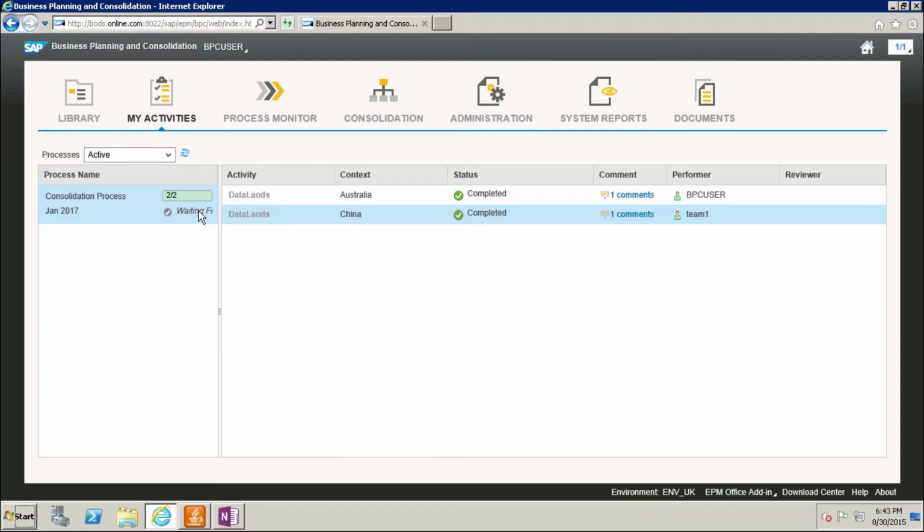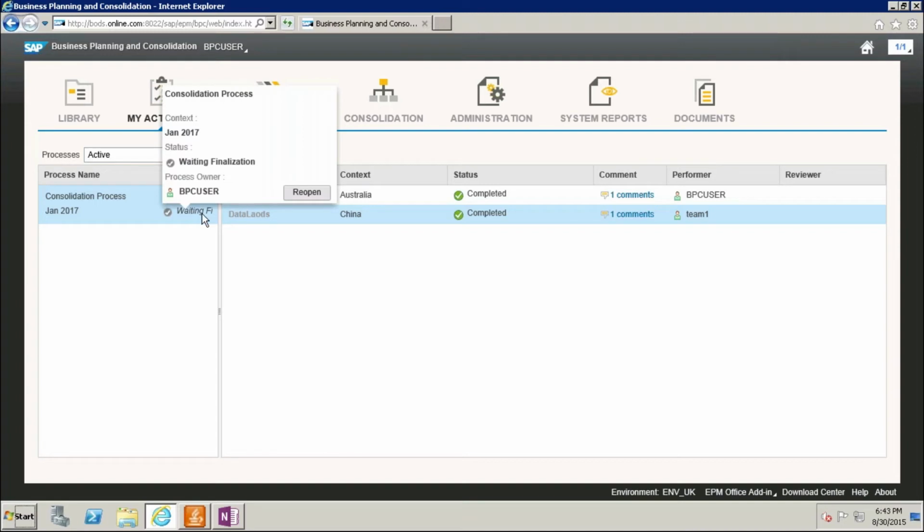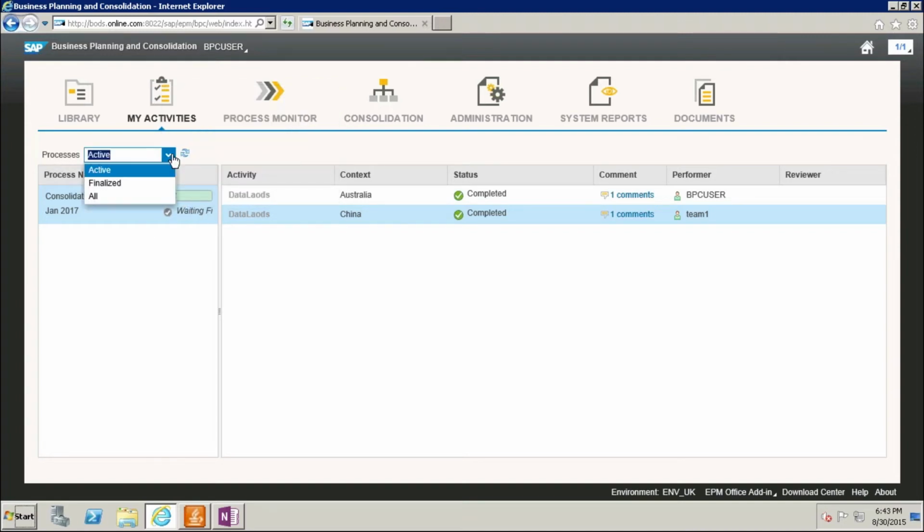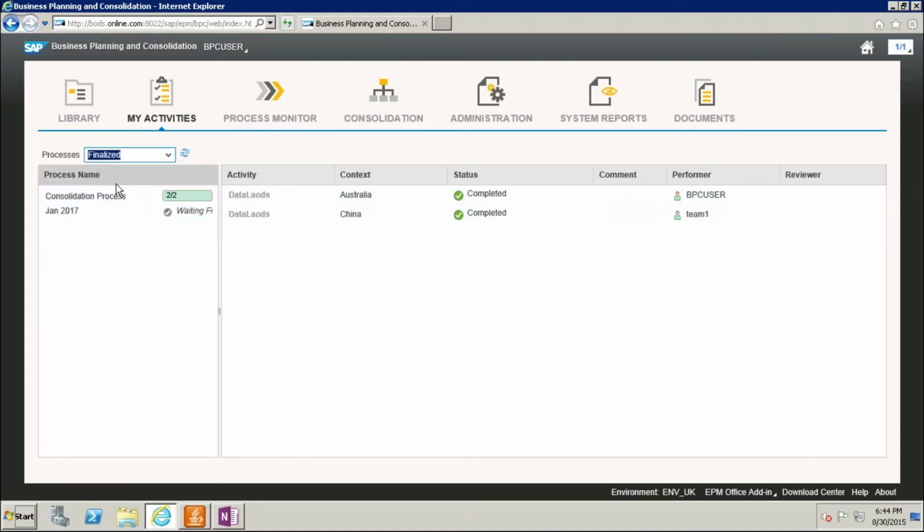He will get the waiting for finalize. Once he checks everything, the comments and what has been done, it will be open, he can see everything, and he will finalize this.